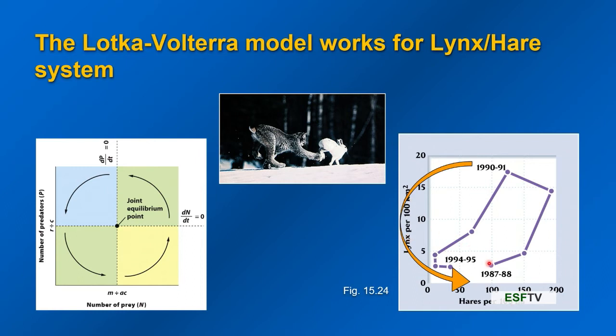And you can see that the hare go up because the lynx were down, and then the lynx start to eat them, and now they're going down. And I drew one arrow there, and here's the other one. And you could just kind of gloss your eyes, and you can get this idea that our populations actually do